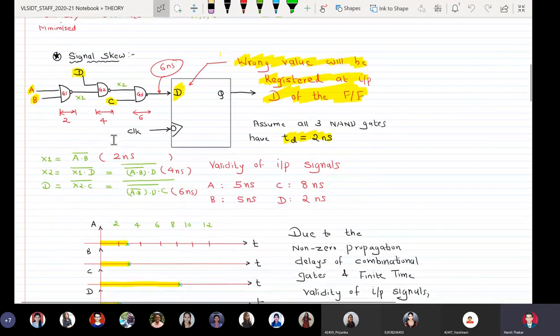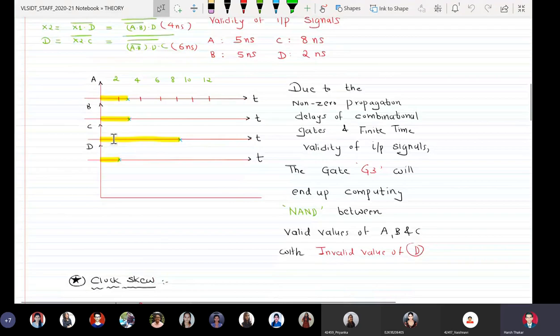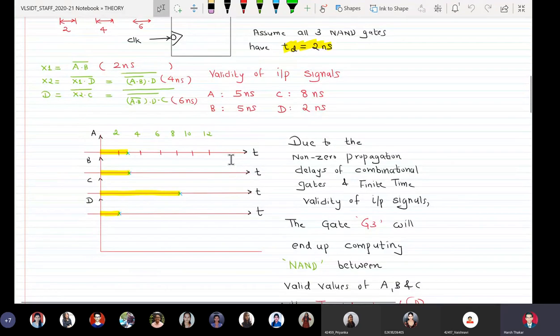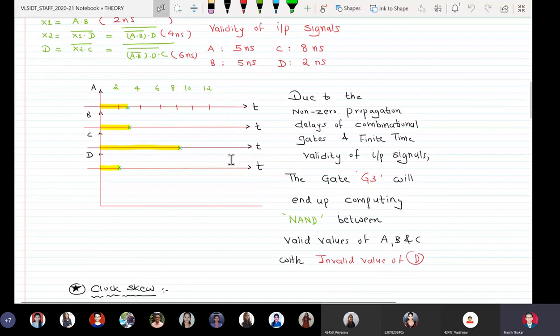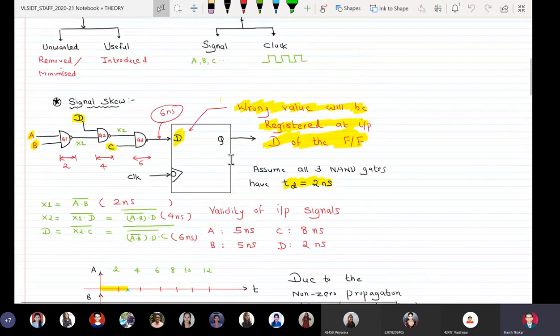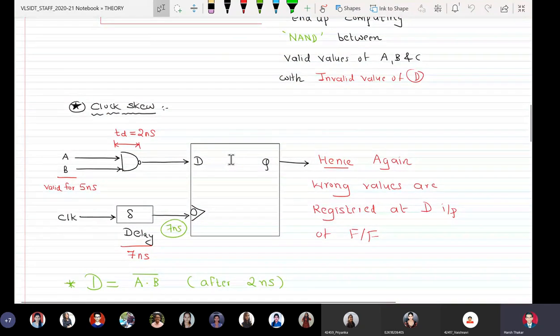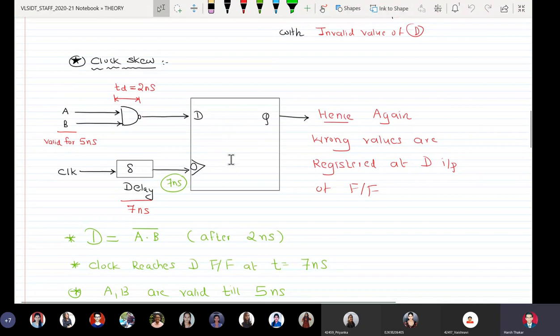We had taken two sample circuits involving a D flip-flop, and we told that due to signal skew, a wrong value is registered at the D input of the flip-flop. Similarly, we also took the example of the same D flip-flop for clock skew, and we told that there is a delay in the arrival of the clock edge at the clock input of the D flip-flop, and we have taken the delay as 7 nanoseconds.